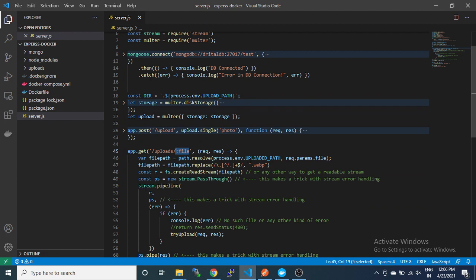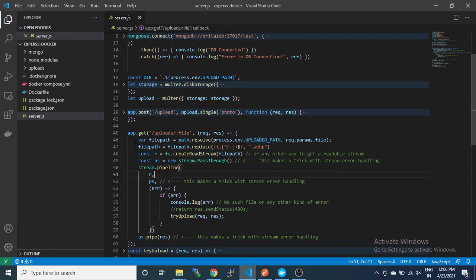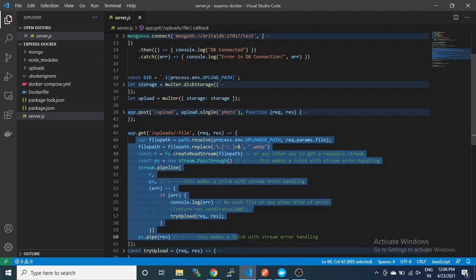For that we have used process.env.UPLOAD_PATH. So these two will be different: one is from where I will save, and the second one is from where I have to retrieve. This is the code to read using the file stream.